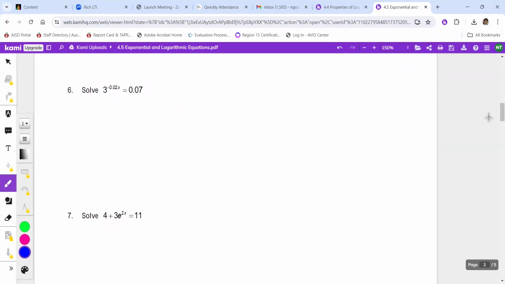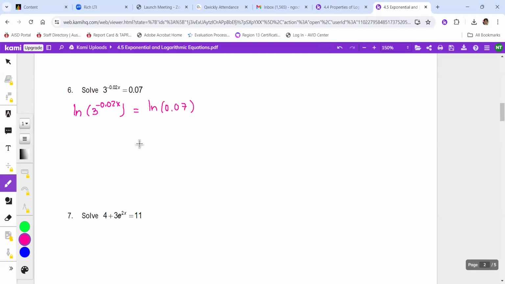Okay, so here, the first thing again, we'll take the log. It doesn't matter, you can pick between your common log and your natural log. Of course, you can take whatever log base, but those are the two bases that our calculator has. So I am going to do natural log. Natural log of 3 to the power of negative 0.02x equals natural log of